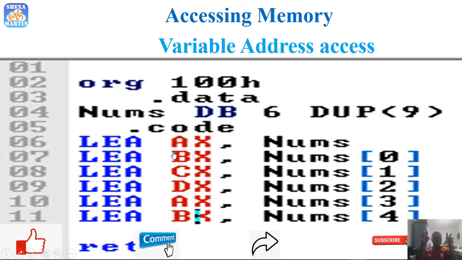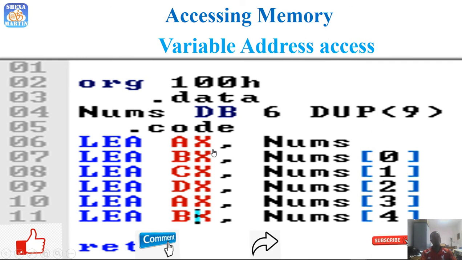So nums is residing at a specific memory address, and nums is the starting address as well. So the value that is going to be put into AX and into BX must be the same, because nums and nums index 0 reside at the same